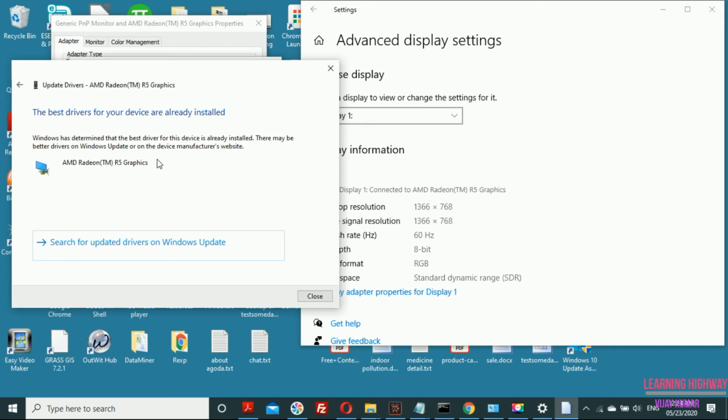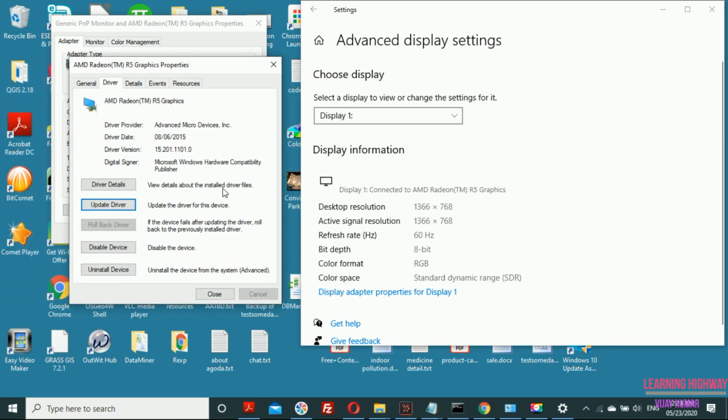In your case, if you are lacking the latest driver, then it will be installed and you may have your issue removed. But still, if you are facing the issue, what you can do is close this property box and come back onto the driver details and click on uninstall driver, and then restart your system, and then come back to this property box again and install the latest driver again, and in this way you will be able to remove the issue.